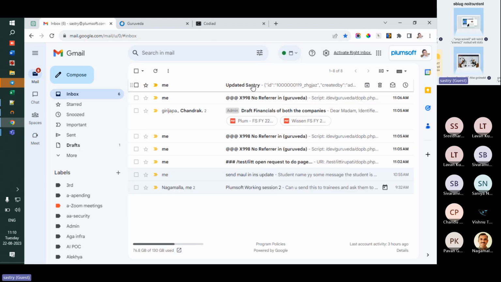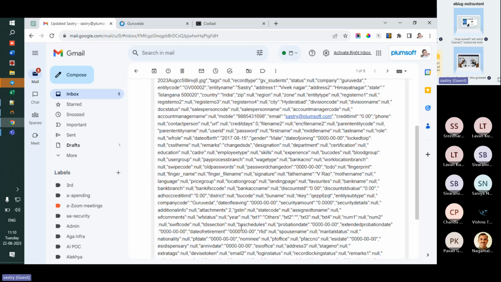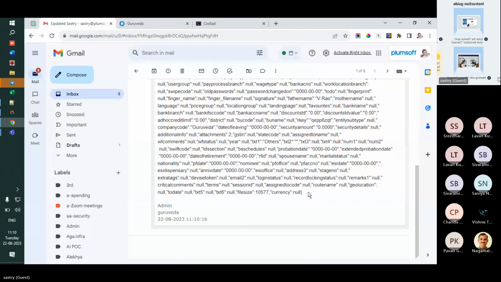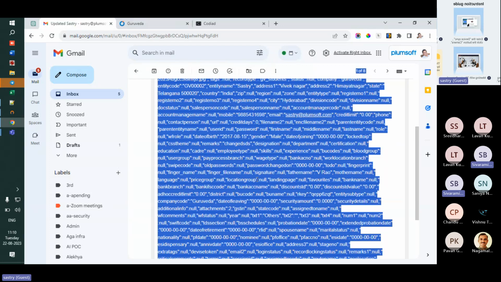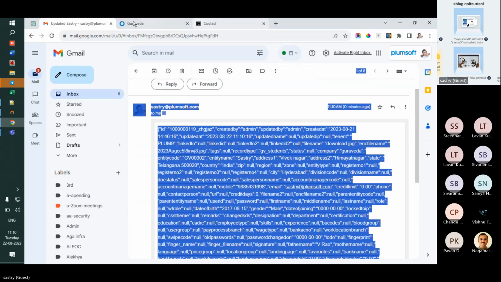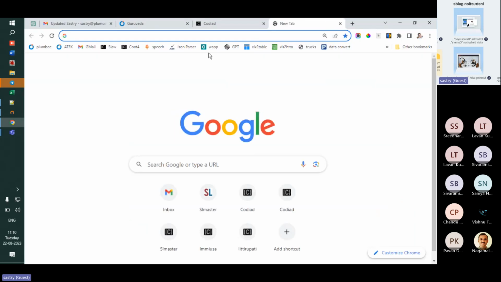See, updated Shastri. This is the entire JSON. So this JSON, if you parse it,